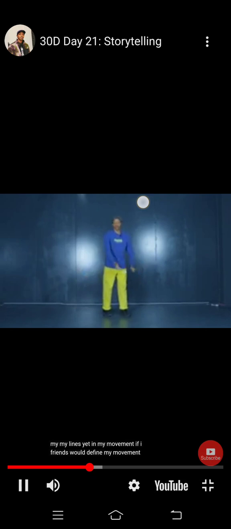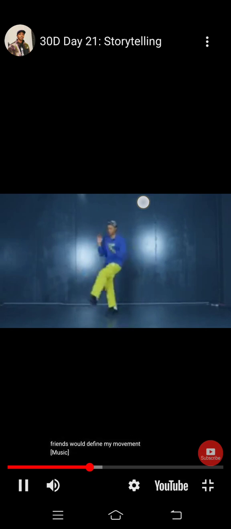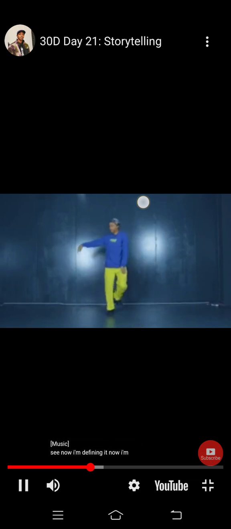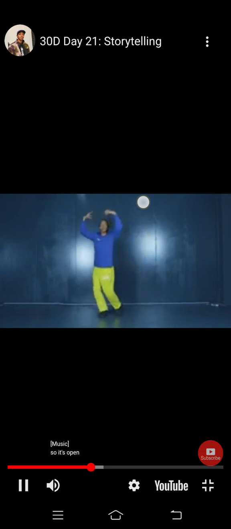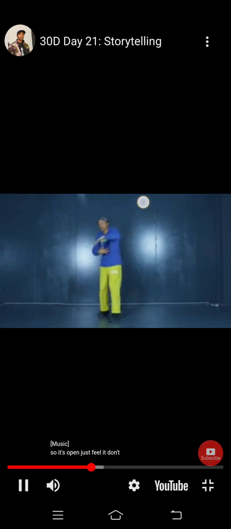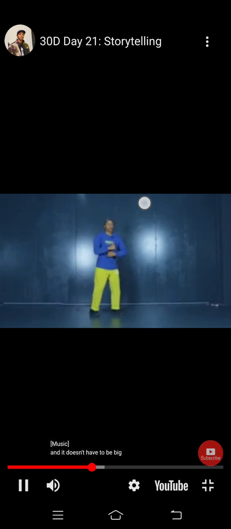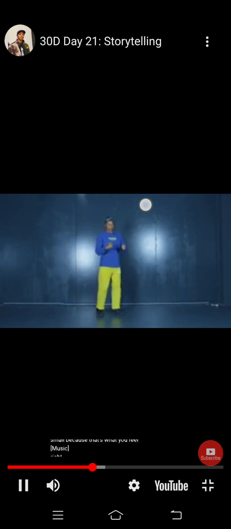If I, for instance, would define my movement, see, now I'm defining it. Now I'm going back to my sketch. So it's opener. Just feel it. Don't search, feel it. And it doesn't have to be big. If you want to stay small because that's what you feel, right? If this is what I feel,